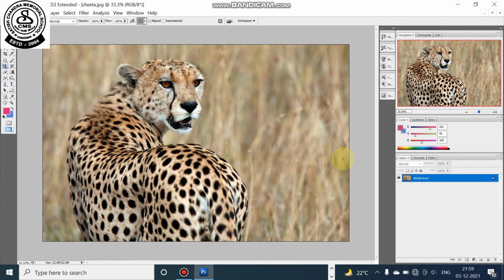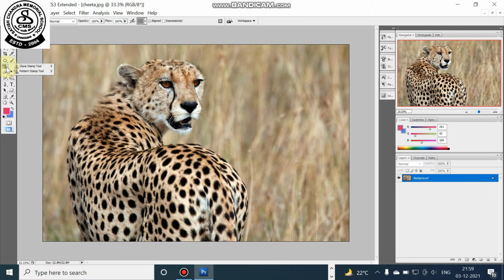Now we can make a clone of a particular part of a picture using the clone tool. In Photoshop, there are two types of clone tools. You can right click on this tool and a menu will come with two options: clone stamp tool and pattern stamp tool.